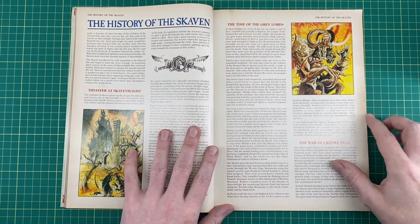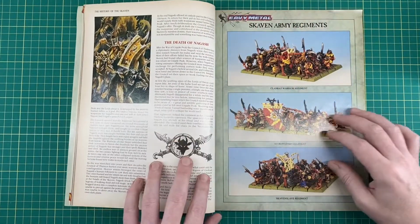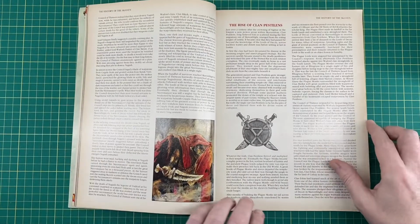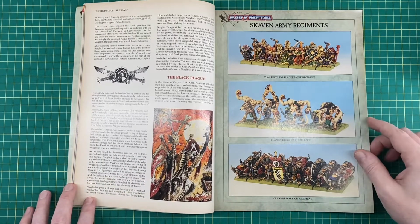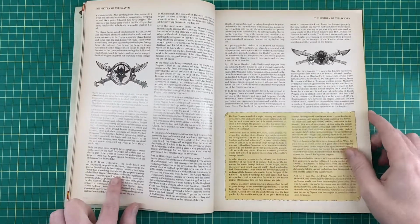More history of the Skaven and lore. Death of Nagash. Clan Rat Warriors, Storm Vermin Regiment, Skaven Slave Regiment. And then again more history and lore on the Skaven. Clan Pestilence Plague Monks, Clan Moulder Rat Ogres, and Clan Rat Warrior Regiment. Some more artwork there,